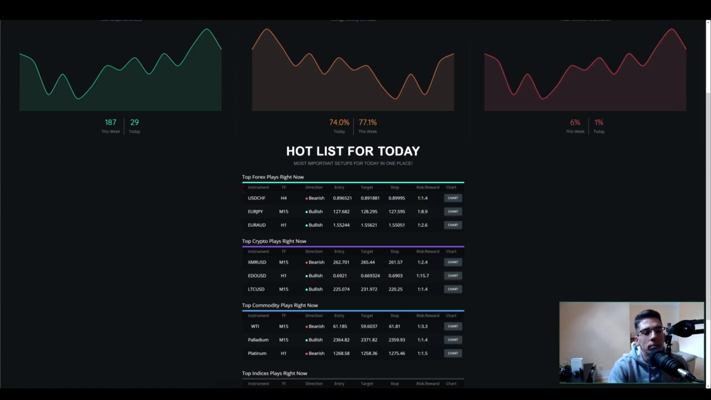Every single trade idea comes with the instrument name, the time frame where we found that signal, and the direction, bearish or bullish. Let's say either we want to buy or sell, entry point, target, stop, and a risk reward. Also, you have the chart so you can get everything that you need. So if we click here,